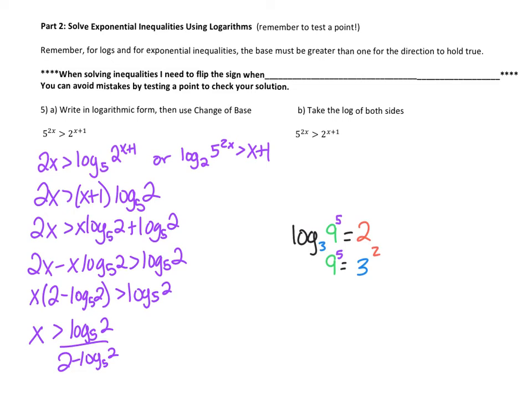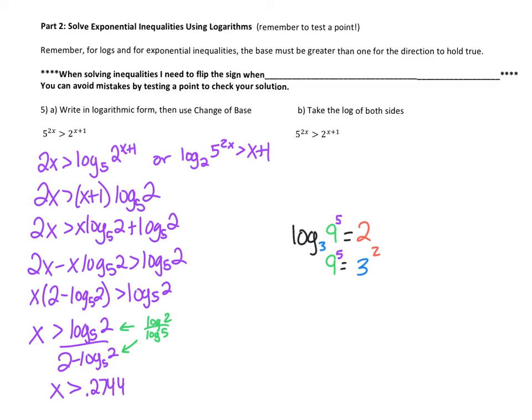So now I need to plug this into the calculator. The reason why the other way is my preferred method is that we were using log base 10, so it was easier to plug into a calculator. When I plug this into a calculator, I need to type in this part here as log of 2 over log of 5, unless you have a calculator that can do change of base, which some of the more modern ones can. This log will be the same. So it's really making sure that all of your parentheses are in the correct place when you type it in so that you can reach your answer. x is greater than